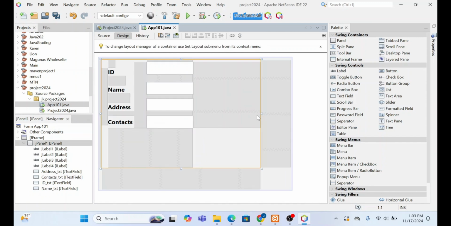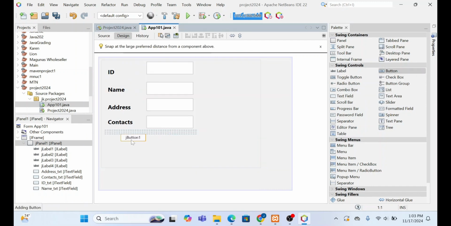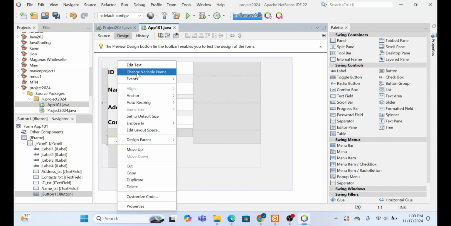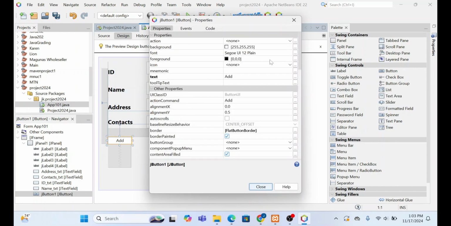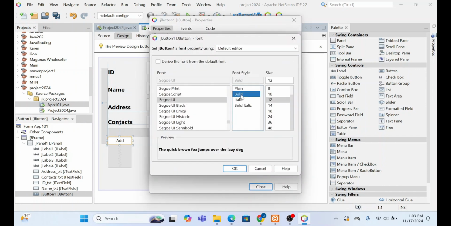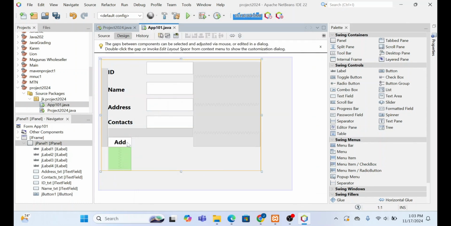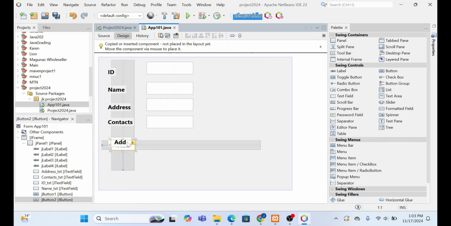So now with that one, the only other thing that we need is a combination of buttons for purposes of adding, updating, deleting, and also fetching records. So come here and pick a button, place it there, edit the name, edit the text, and we can call this one add like that. Then we can come here where we have the properties and we change the font size to our desired font. We have 18. Then we can click close. So we can copy this button around